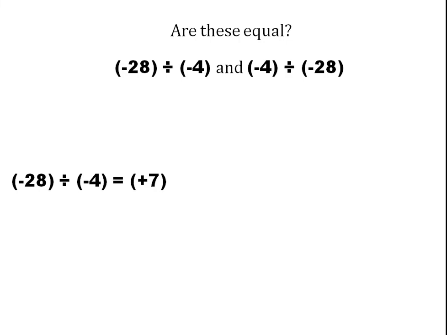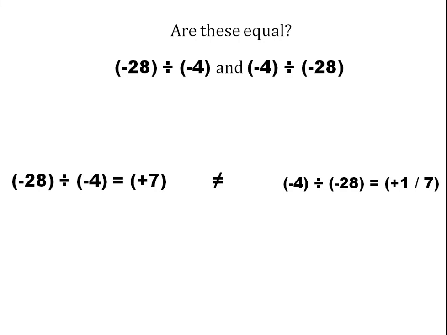Okay. Next. Here you are dividing a small number by a large number. Which is the small number? Negative 4 divided by negative 28. Negative divided by negative, as usual it is positive. 4 divided by 28. Don't do 28 by 4. I am asking you 4 divided by 28. It is 1 by 7. Are they equal? No, they are not equal.